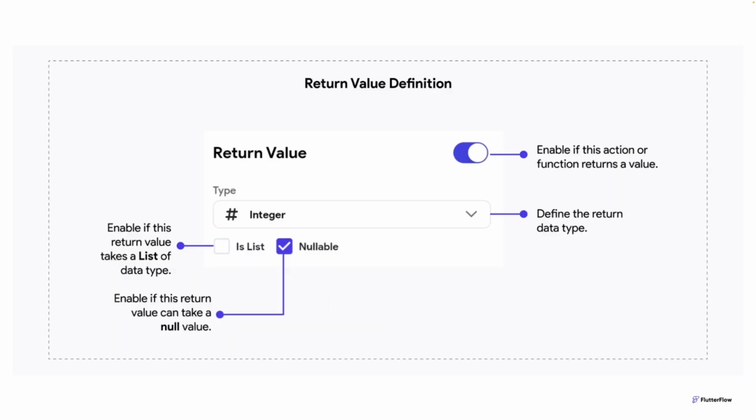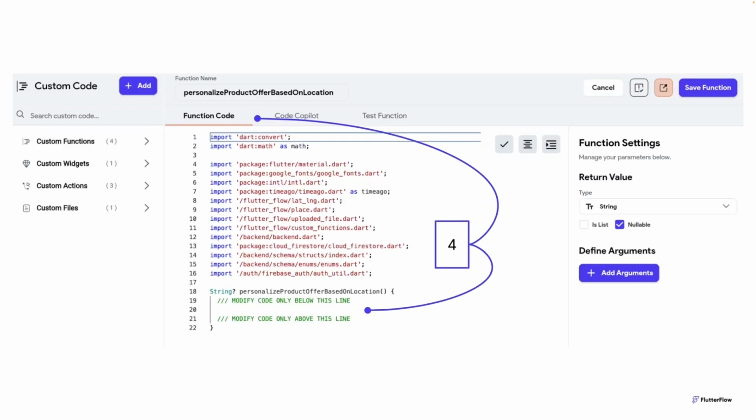Return values allow your custom functions to pass data back to the main application, enabling further processing or UI updates based on the result of the custom code. The return type value can also be null, meaning no value, or a list of selected types. And finally, as the last step of writing the code, as I mentioned, you can write your own code between